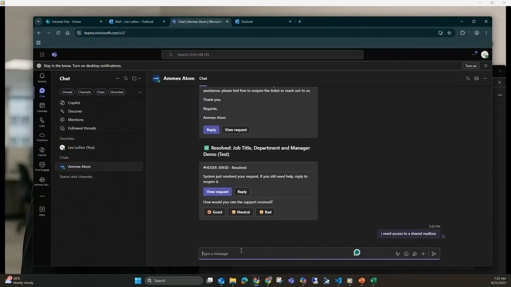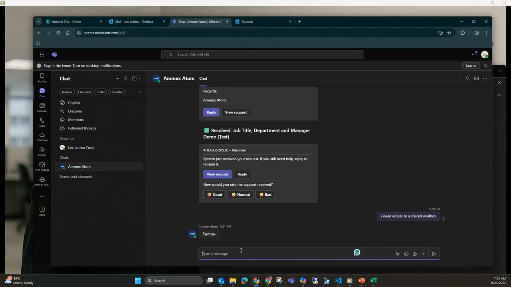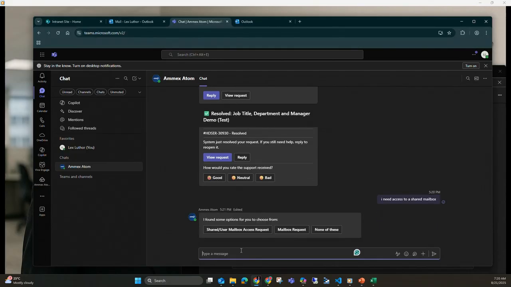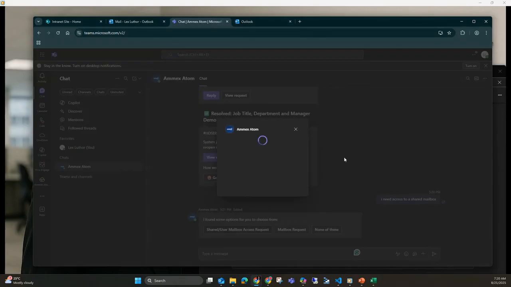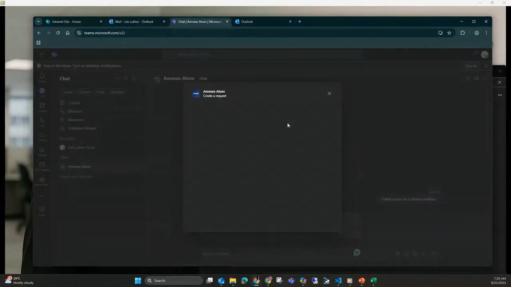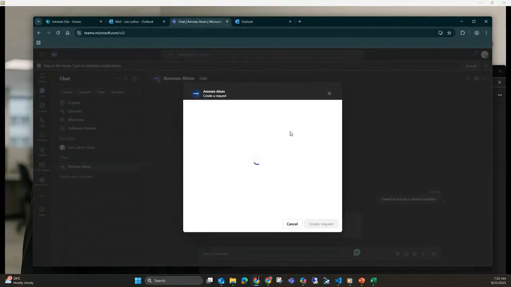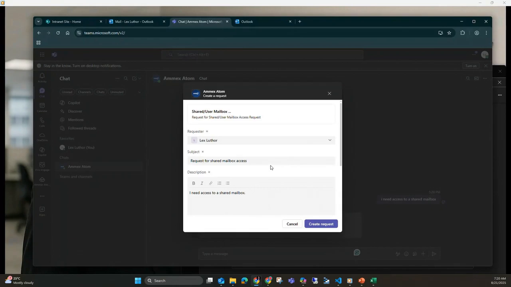So someone goes in and says, hey, I need access to a shared mailbox. Just give that a sec. Atomicwork is trying to pull out the service account items. And then on our side is going to be that shared user mailbox access request. So just fill in the information,